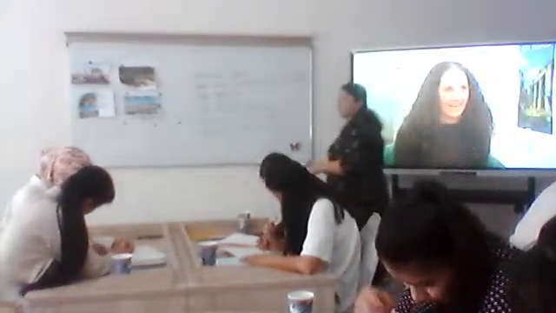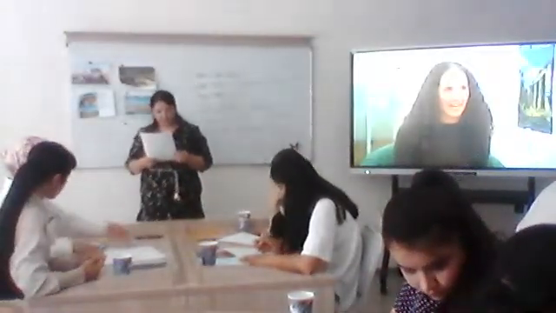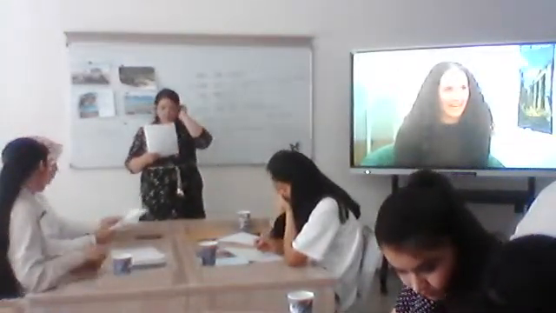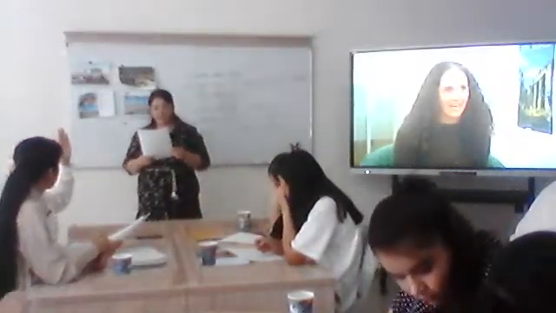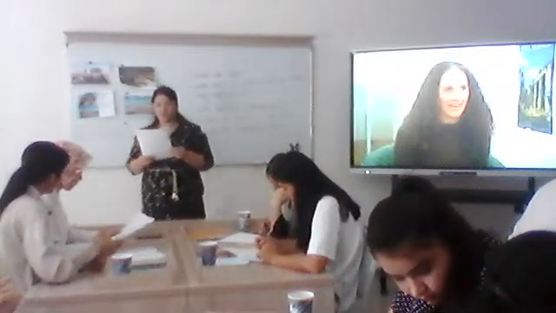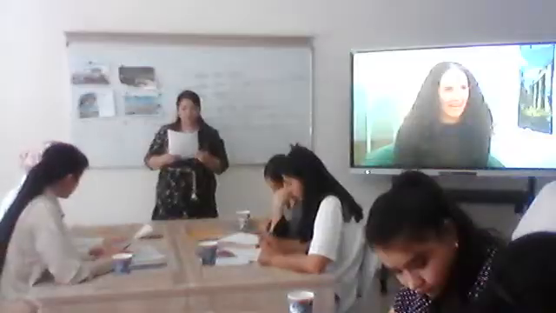Okay, have you finished? Okay, let's check. First one, housing prices. Money people pay to have somewhere to live. Yes, you're right. Okay, second one, local. A person who lives in a place, not a visitor or tourist. Yeah, A is correct.